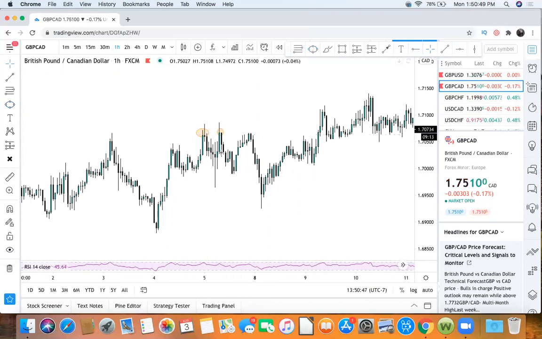And then we got the neckline, which is this right here, right? So from a retail perspective, what's going to happen? Retail traders are getting in for sales here and getting in for sales here once again, because right here we have the test of that neckline, right? So now the market's going to push all the way down to this area to look for an accumulation